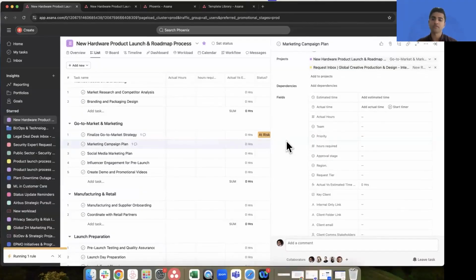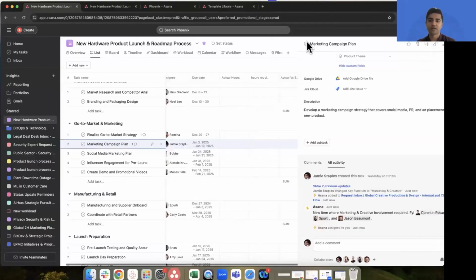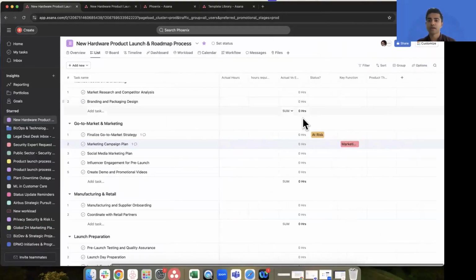AI can also autofill a lot of these fields, and it tags people, adds a specific set of collaborators so that people are always following along with the work that has now been introduced for this particular function. So that's how bundles really come into play to help scale things. But now, what if we want to go a step further?